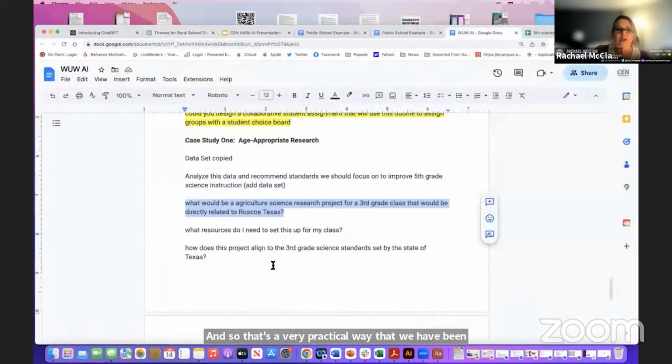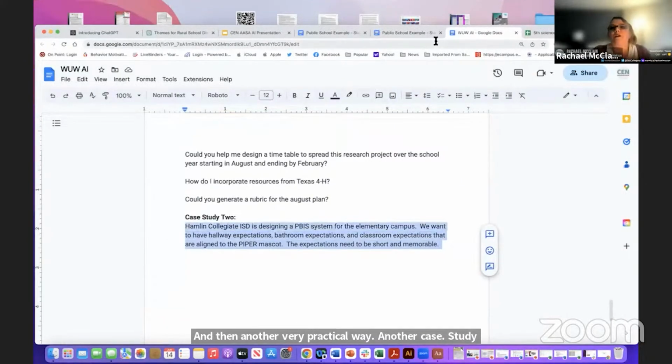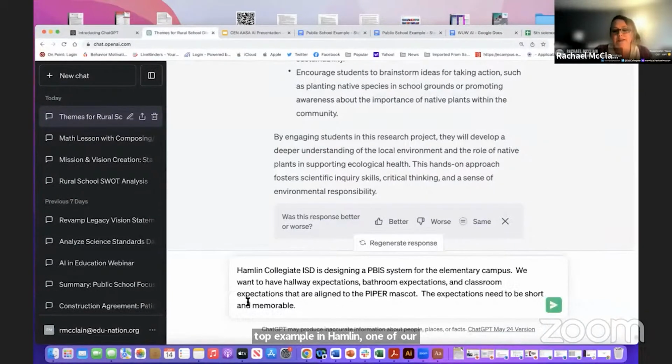And so that's a very practical way that we have been using this to support our districts. And then another very practical case study example is in Hamlin, one of our other districts. They have been developing a PBIS program for their elementary campus, and they want to have expectations for their hallway, their bathroom, their classroom aligned to their Piper mascot.